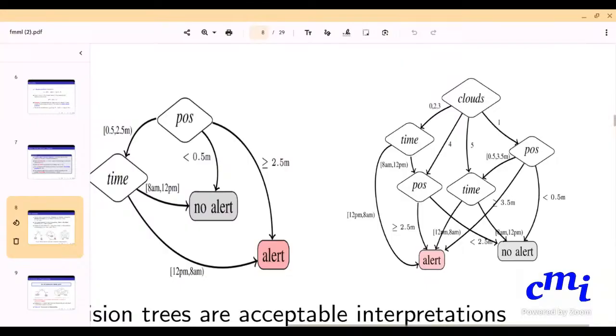So in that sense, this predicate can be greater than 2.5 or less than 2.5. Here it is less than 0.5, or between 0.5 and 3.5, or greater than 3.5. So it is kind of total in that sense, which is why you call it a partition. Different instances of the same predicate can have different branching functions or partitioning. Yes, you can bring that in. I'll mention that. Thank you.